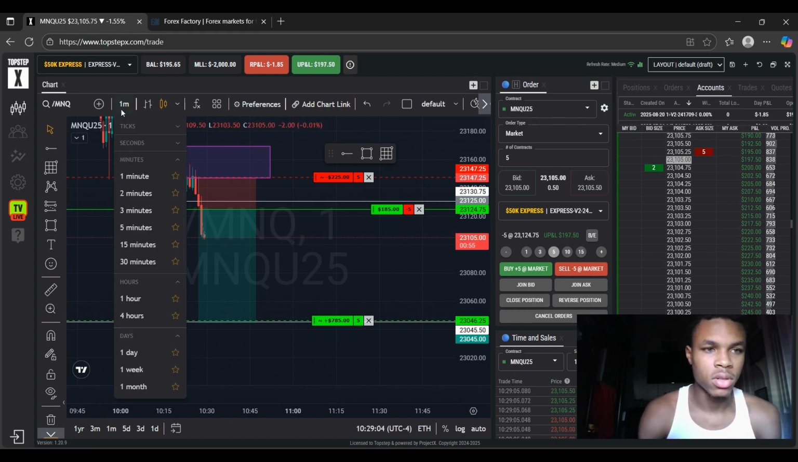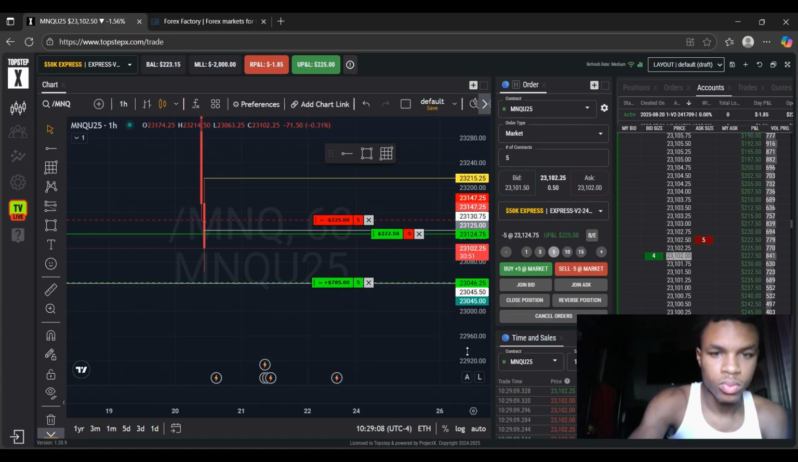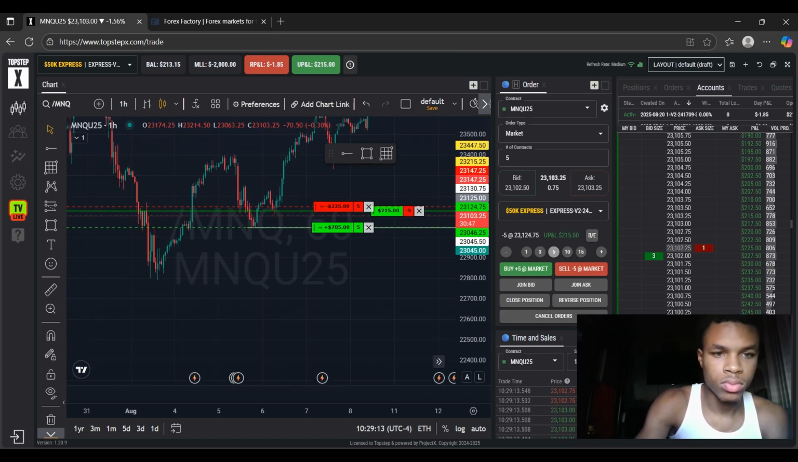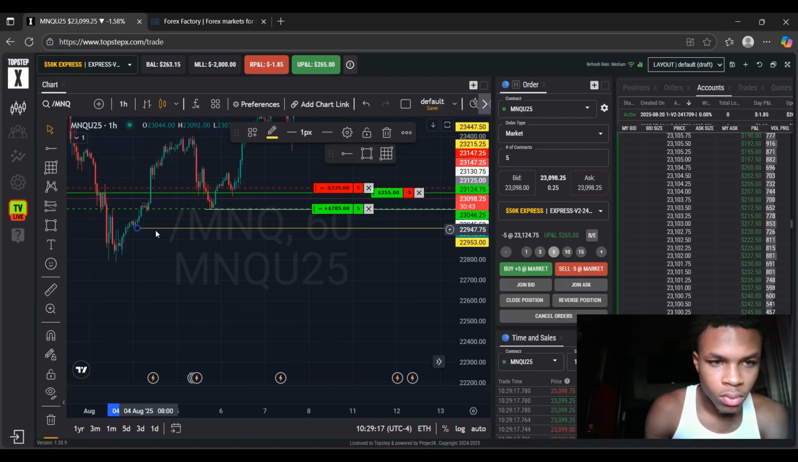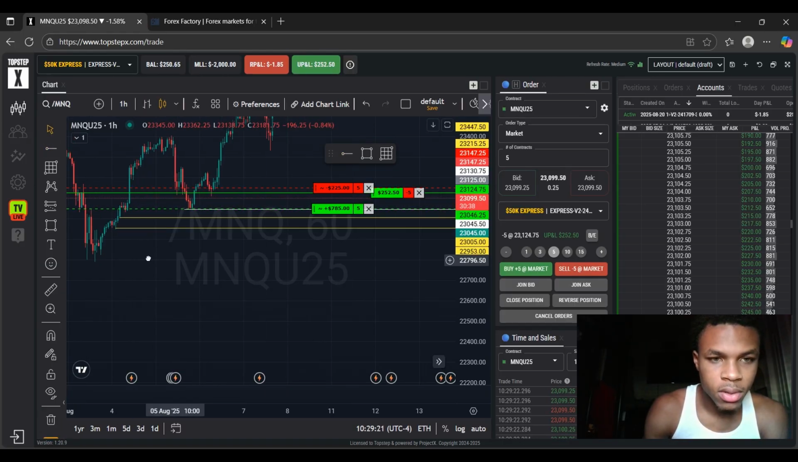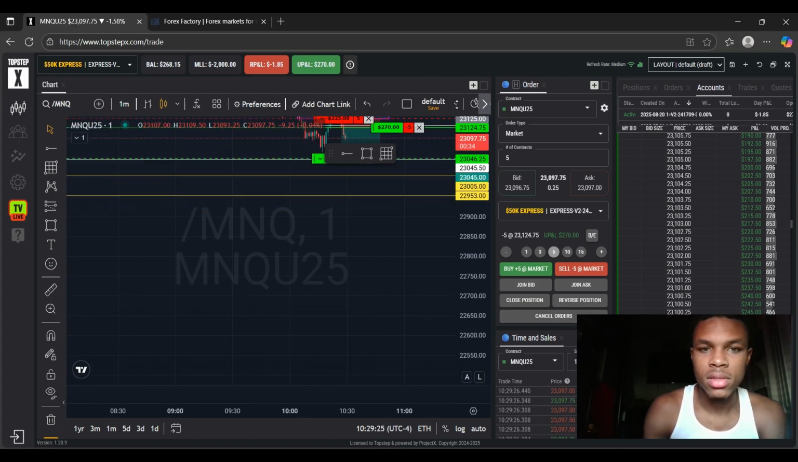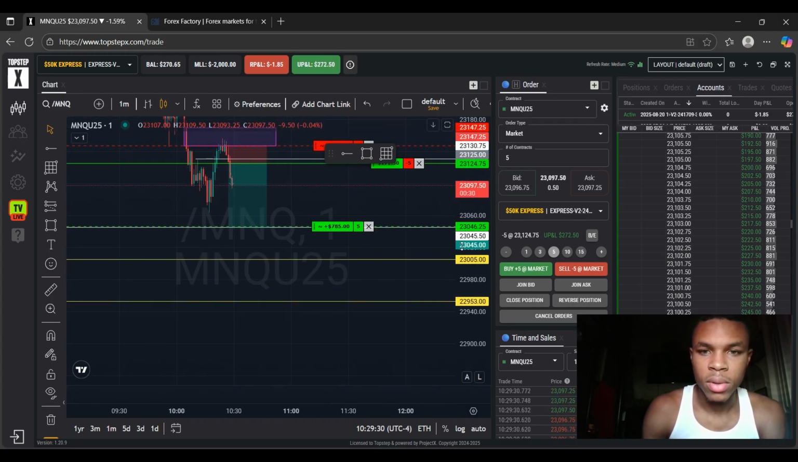Let's look for other draws on liquidity that I could possibly mark out. Like here, and like here as well. We have 5 cons. What I'm gonna do is